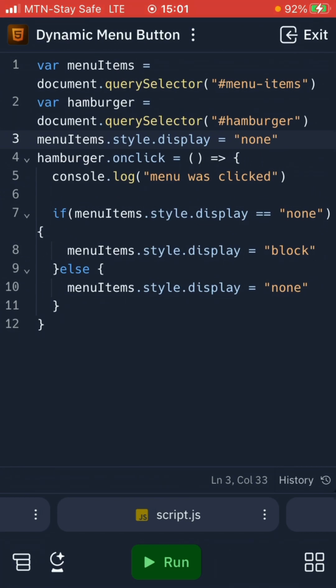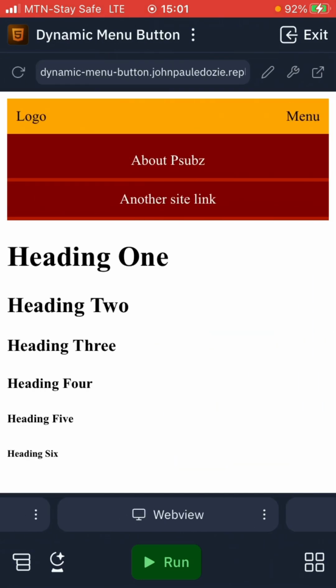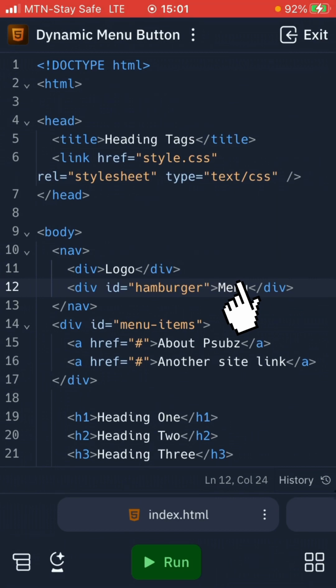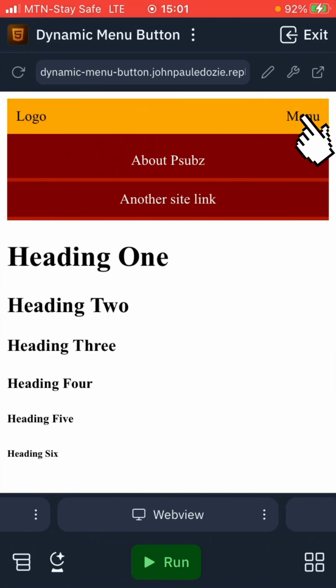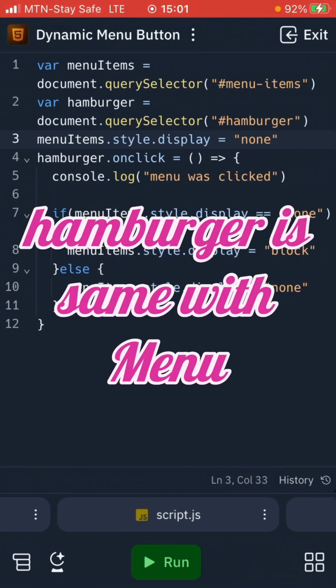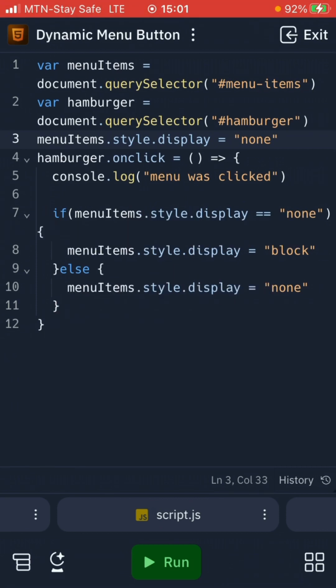Now I'm also grabbing the hamburger div, which I have in my HTML, which I used the ID attribute to identify, so that whenever I click on the menu, JavaScript selects the hamburger ID. Much the same way as on the first line, where we grabbed using document.querySelector, I also do the same thing for the hamburger. Now